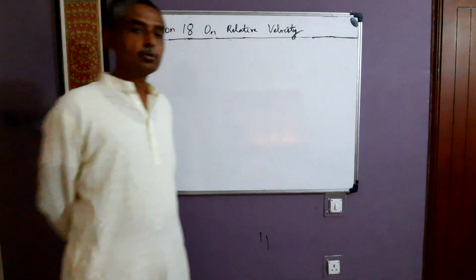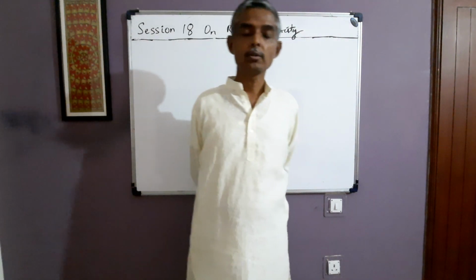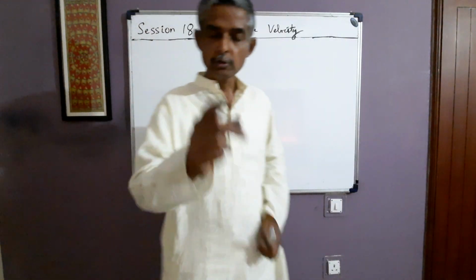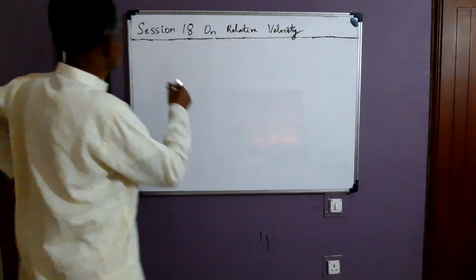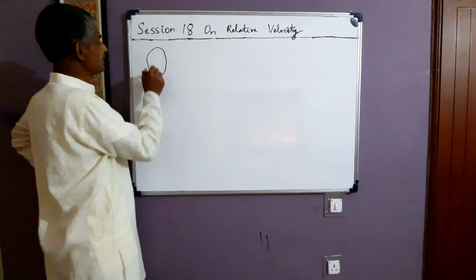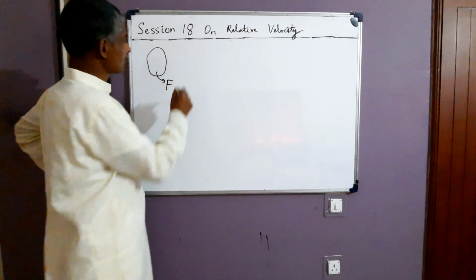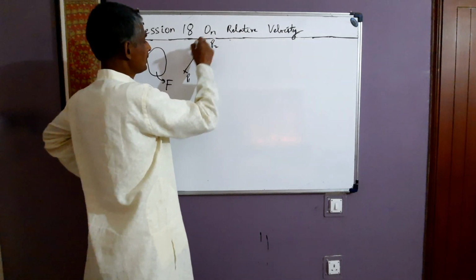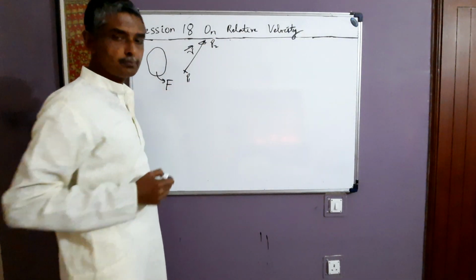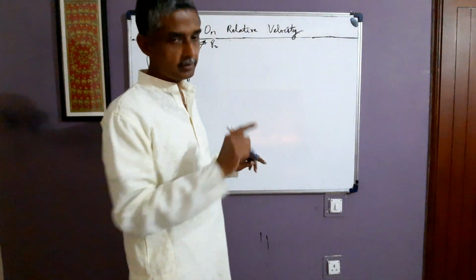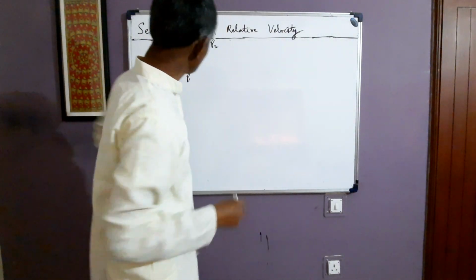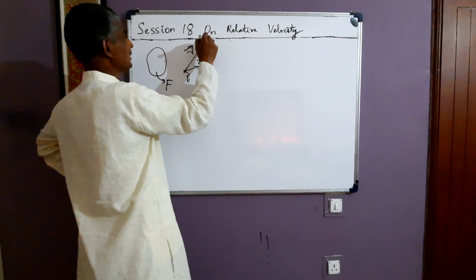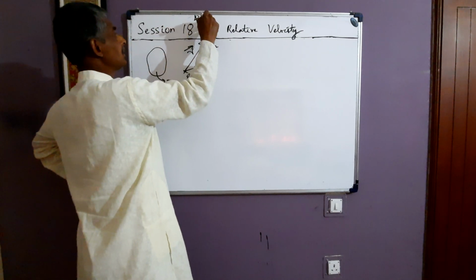So in the 13th video, relative velocity between 2 points was defined, and I just state it here because it was already discussed fully there. Suppose the frame f is some reference frame, and P1 and P2 are 2 moving points. R is the relative vector of P2 with respect to P1 at time t. Velocity of P1 with respect to frame f is v1f, and velocity of P2 with respect to frame f is v2f.